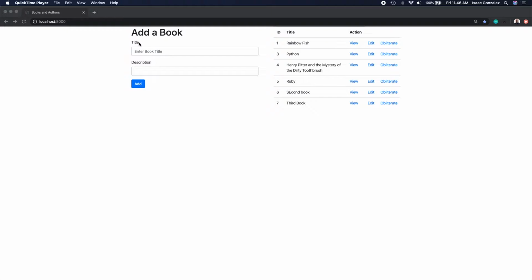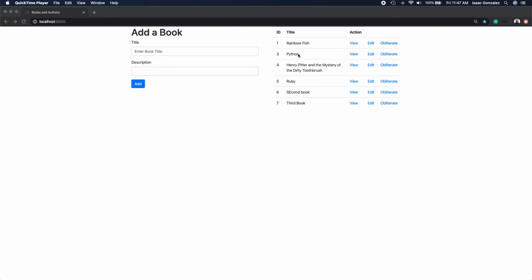Under Add a Book, you can enter two fields that will send that information, including the title and the description. Once you do, it'll show up on this side here, and you'll see the two pieces of information you can view are the ID, so each book has a particular ID, and you'll notice here it goes from 1 to 3 because I previously had the second book that I created when I was testing this. I deleted it, and so